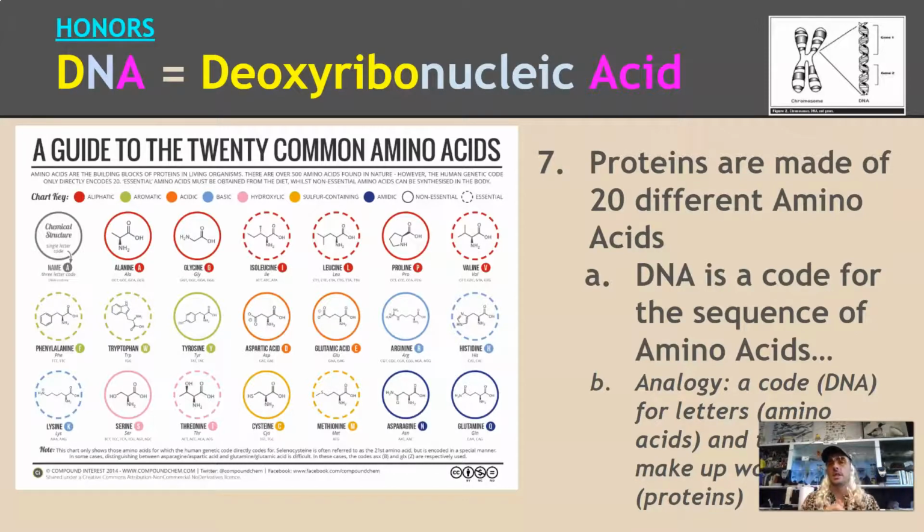Now, some proteins are spelled slightly differently. My hair is different from yours, so I might have a letter or two different in my hair protein word. I might have an amino acid or two different in my sequence that makes my hair slightly unique or different from yours. Some proteins really have to be fundamentally the same. Hemoglobin in our blood needs to be pretty exact. That word needs to be spelled precisely. Any variation in that, any difference in shape, might cause some mutation that could not be beneficial. Sickle cell anemia is one of those mutations where that hemoglobin word is spelled differently, and so the hemoglobin protein is shaped differently, and so it functions differently and not beneficially to humans.